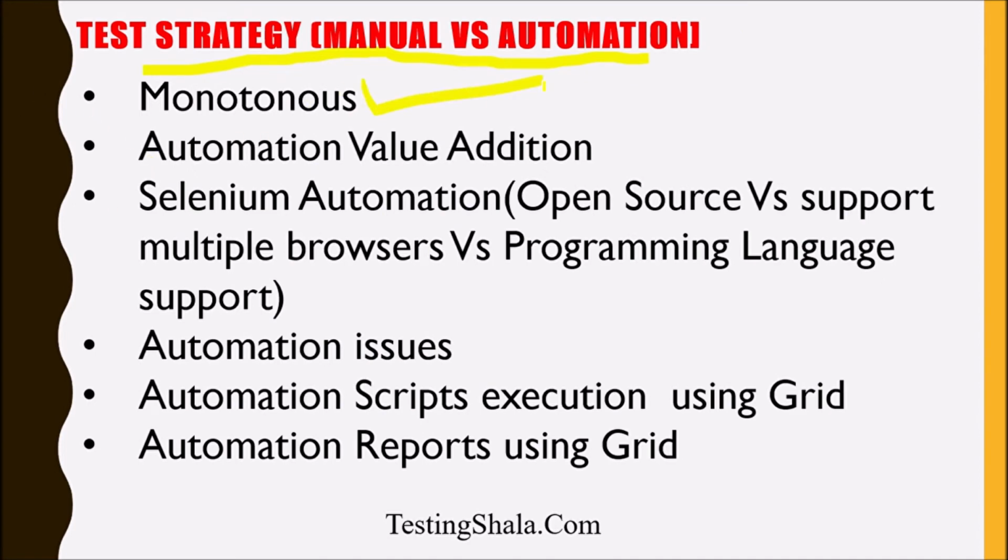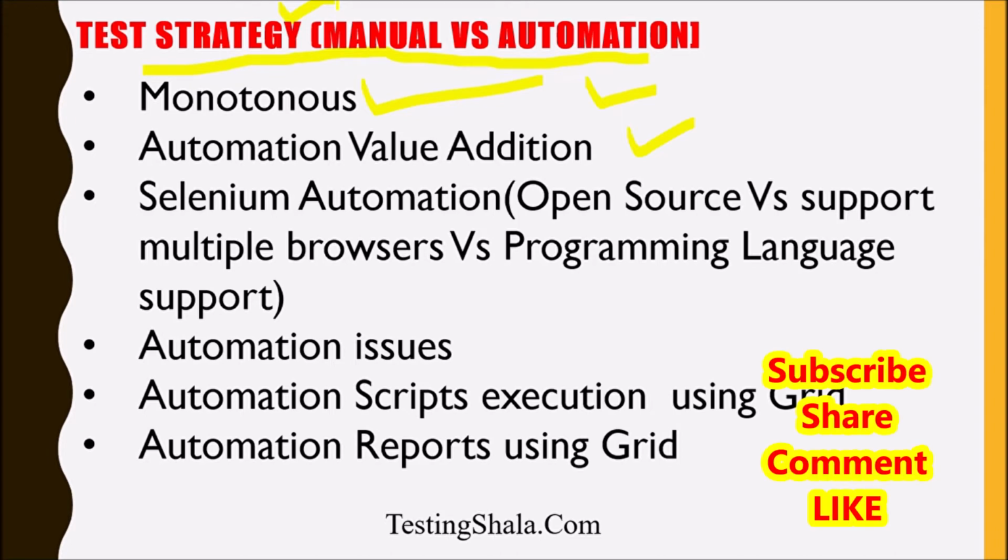It is very cumbersome and very monotonous if you are going to perform cross-browser testing manually your whole life. And your testers would definitely leave your organization because it is very monotonous and cumbersome. Hence, bringing automation is also a best strategy you should adopt. And you should bring in automation as quickly as possible so that you can reduce the monotony for your team,